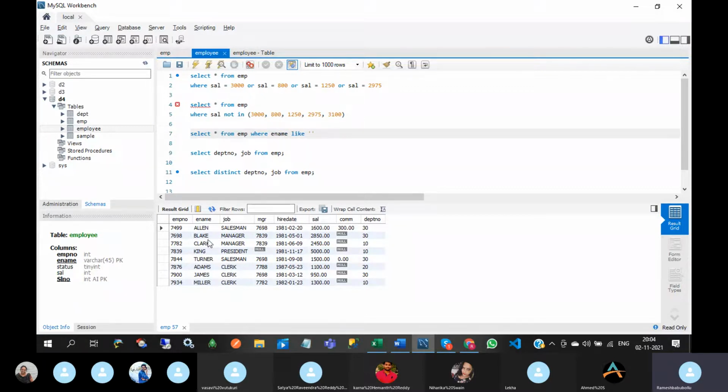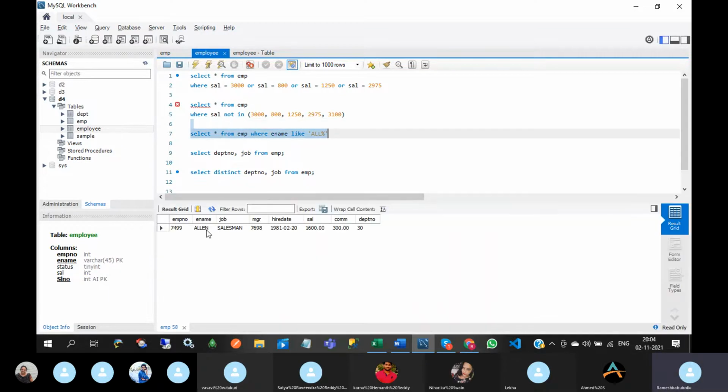So I don't know the employee name exactly. Okay, but approximately I know, like Allen. Okay, ALL, put percentage. So it will display the complete employee name. Okay, sometimes we don't know the exact spelling. At that time, it will be useful.